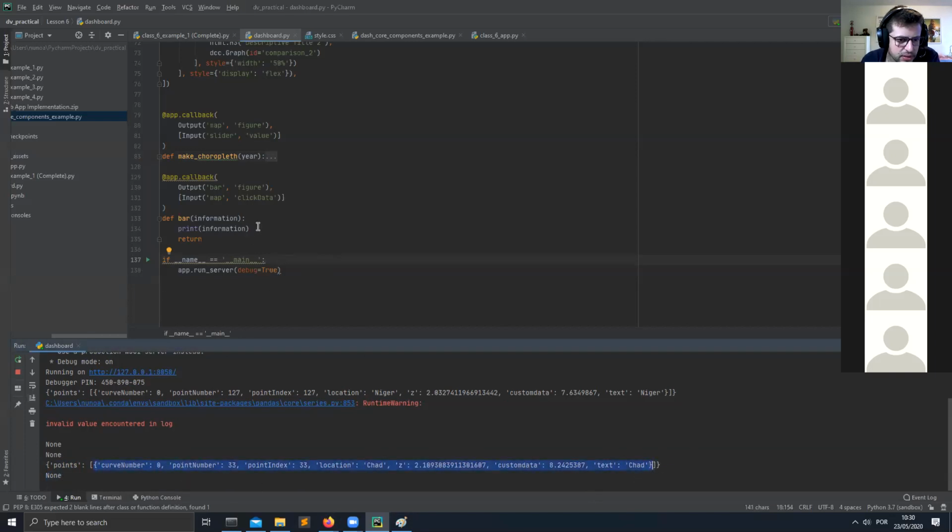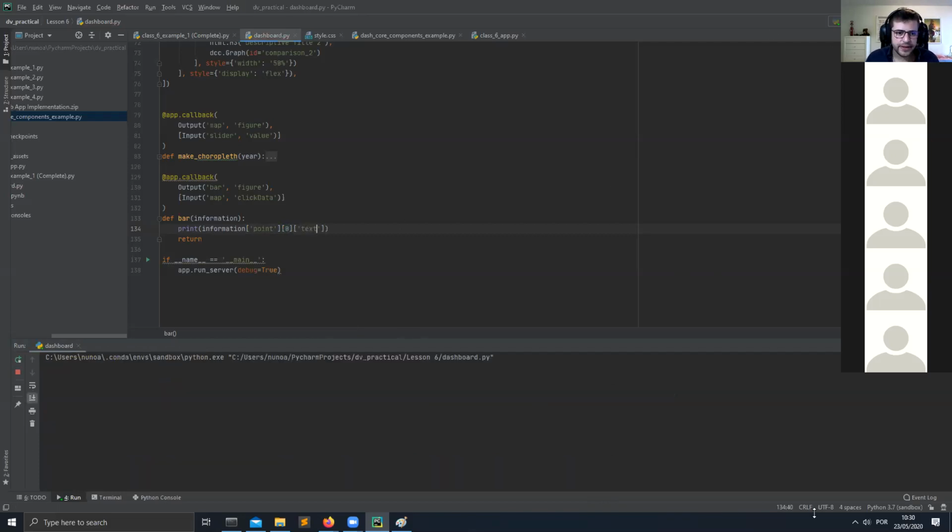So since it's a dictionary, we'll access the points, there's an array inside of it where we want the last entry of that array. So -1, and that's, oh no, this is actually an array with only one value, which is another dictionary, and inside of it there's another dictionary which has the text option. So if we come here,